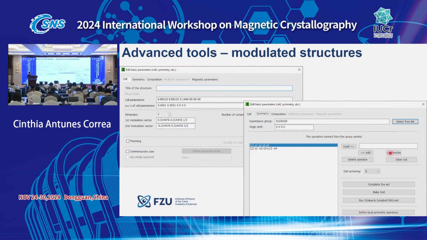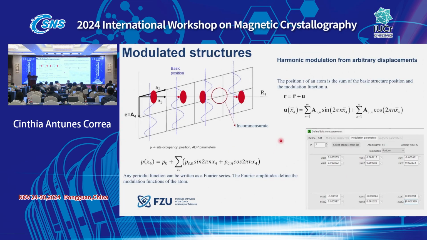For modulated structures, we can then work with the superspace approach. You will add your data, you have the modulation vectors here, and then you define the symmetry using the modulation vectors. As I said, for the refinement, each of these parameters has a unique name, and we can refine them. So also for the modulated structures, you will have